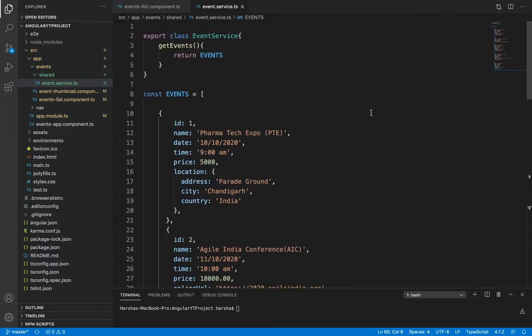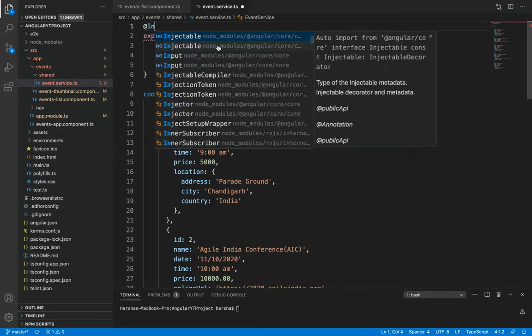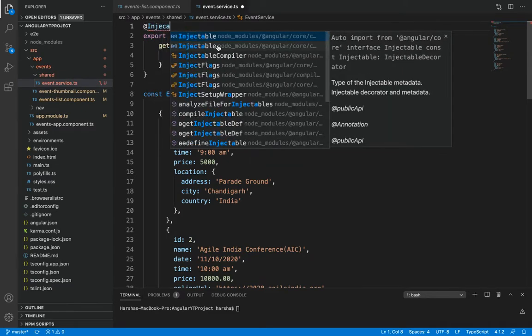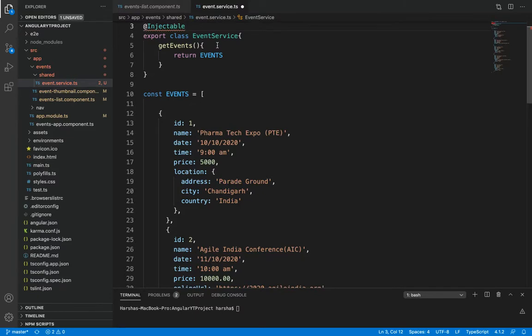Save these changes. Now I want to indicate that this service is usable by other components of this project. To do that, we have to mark it with the @Injectable decorator.